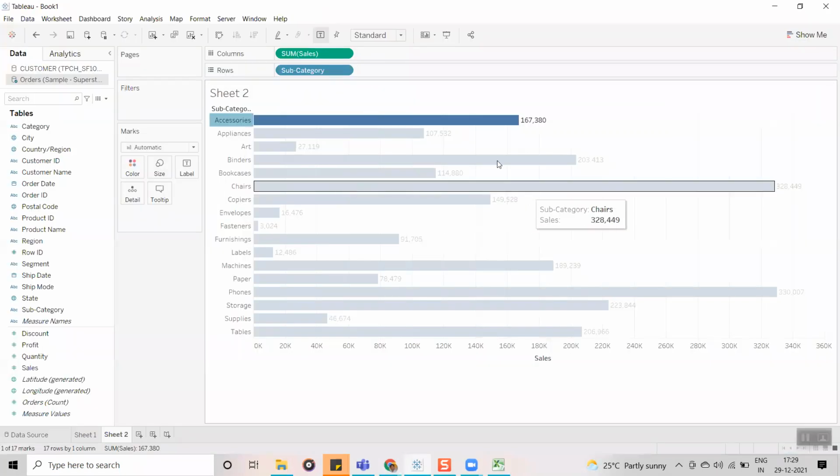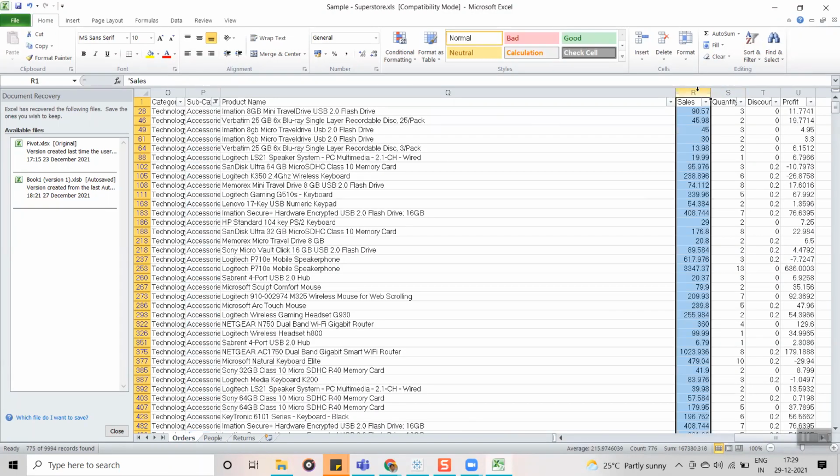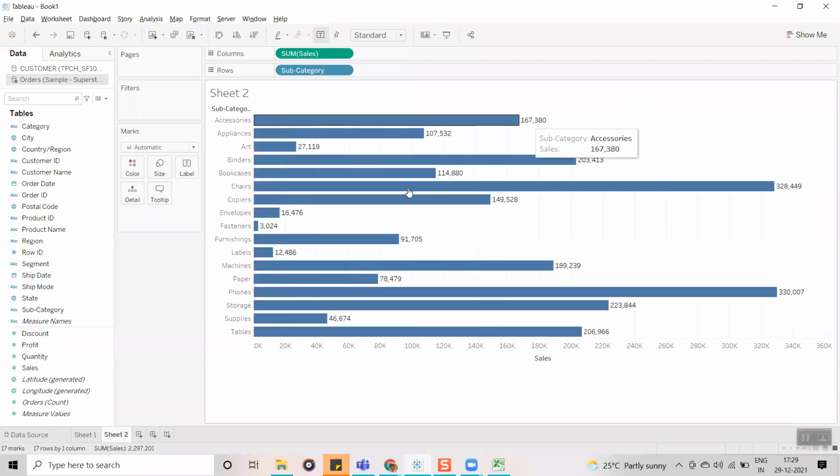Now you can see 1,67,380. If you sum up everything here, you can add up, and you are getting the same sum value, 167380.318.